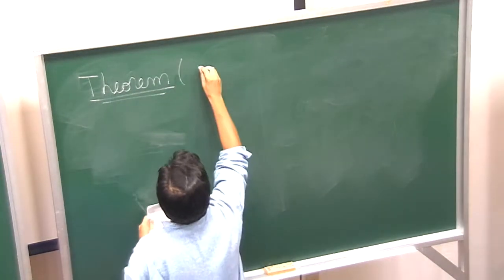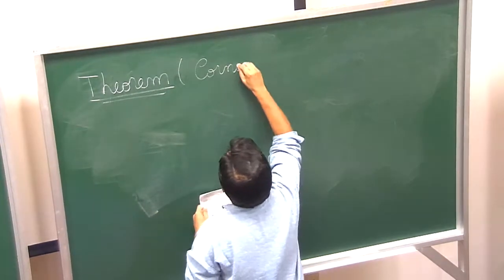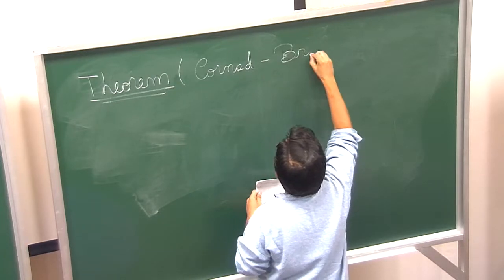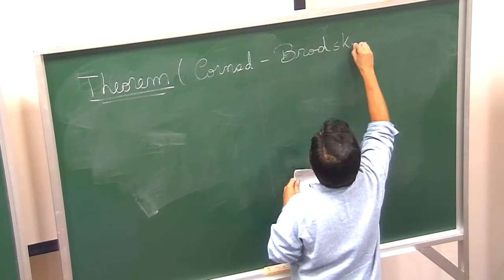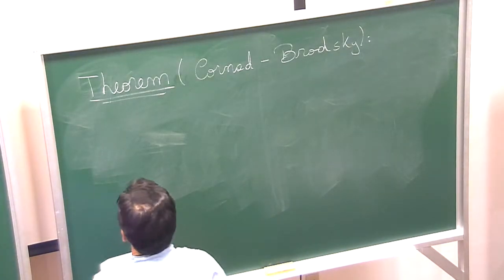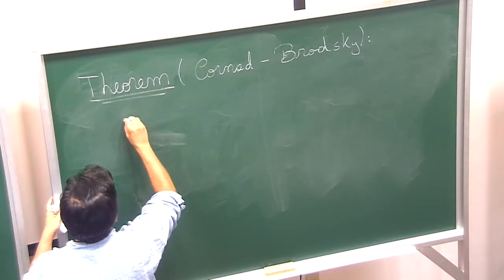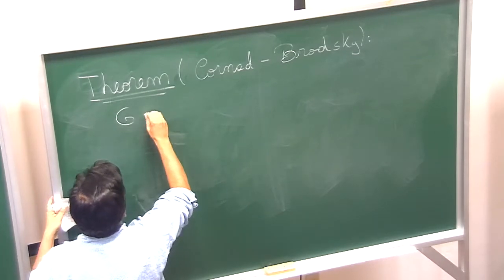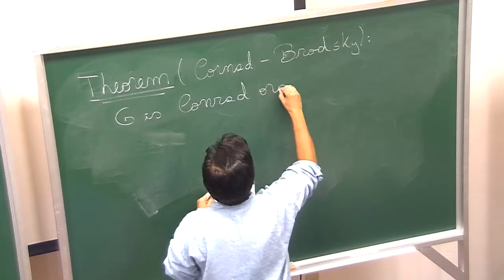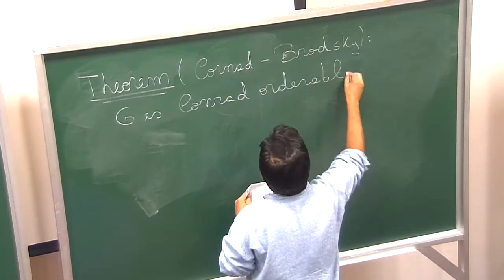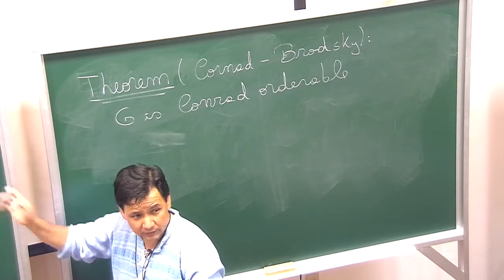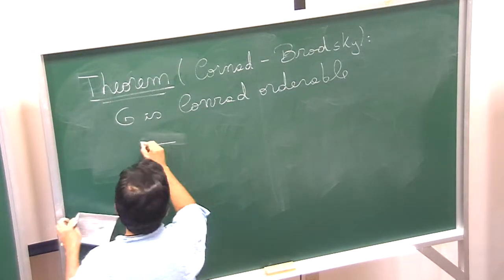So the theorem says the following. The theorem is by Paul Conrad in one direction, and the converse was proved by Brodsky in the 80s, and it says the following. A group G is Conrad orderable, which means that it admits a left order which satisfies this strange property here, if and only if